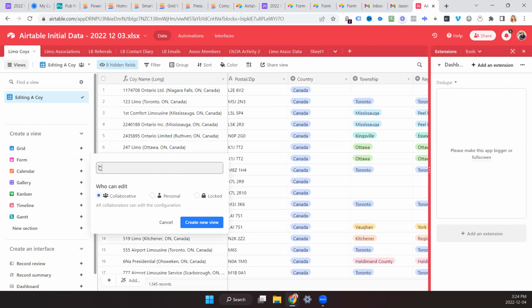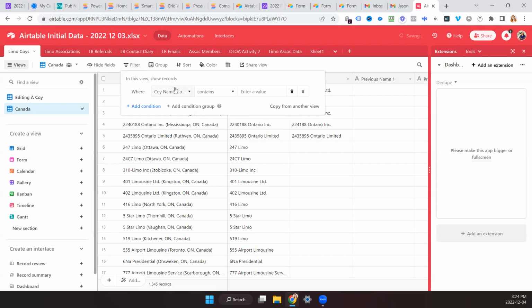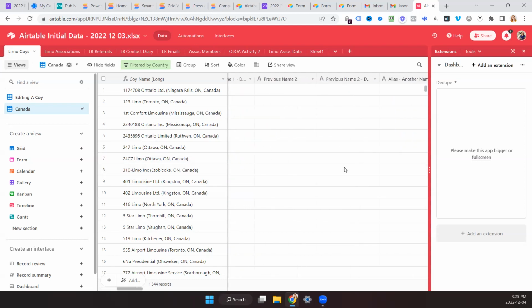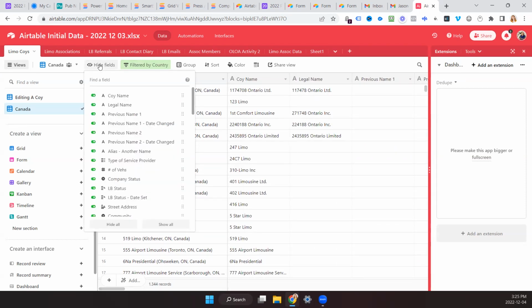So here we can just do Canada if you wanted to, or just do Niagara region because you're hyper focused on that, right? And here we can filter to make sure that country is Canada. So now you can start looking at your data that's just on Canada. And you can also start hiding fields if you want. If in certain views you just need name, phone number, address, so you can power dial a bunch of people, then you can do that as well.